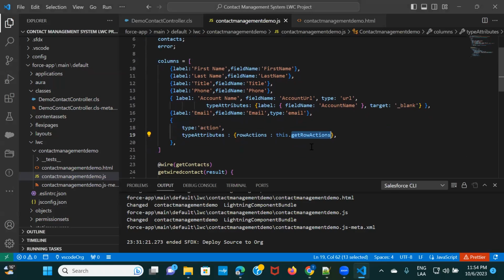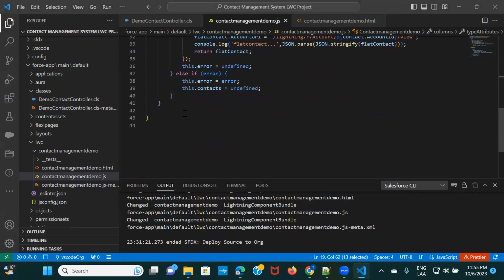Okay, and this is a standard method, and the LWC component, like the data table itself, will invoke this function. So when the data table starts reading through the columns, when it comes to this line, it is going to invoke this function. Okay, so we have to go ahead and implement this function. Basically, we need to pass all the information regarding the actions that we want to create onto this column, inside this method, so that when the data table invokes this method, it will know what are the actions that you want to display. Okay, so I'm just going to copy this, and